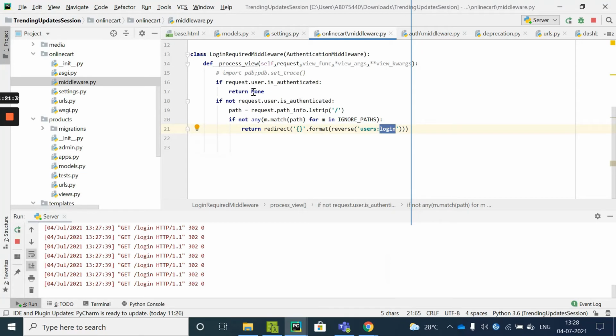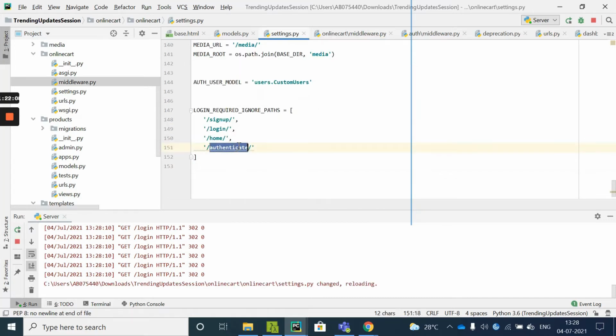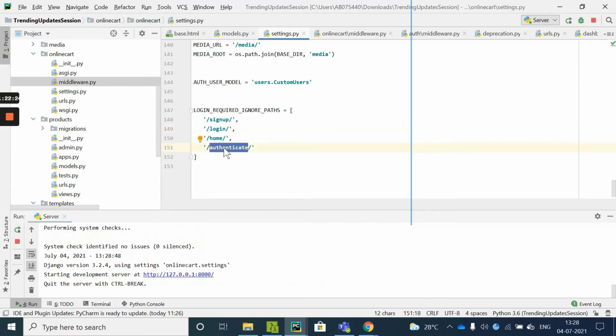For everything else apart from your login, sign up page and home page, it will simply take the login required decorator for the entire path. So we need to fix one more thing, and also the authenticate view we need to fix, because whenever we log into the system, with the login required decorator method, we should be able to access this authenticate.